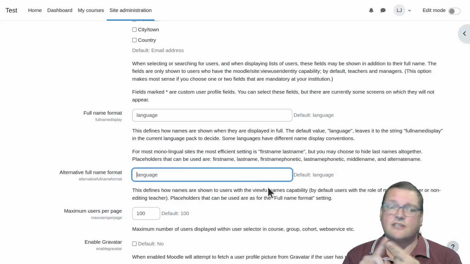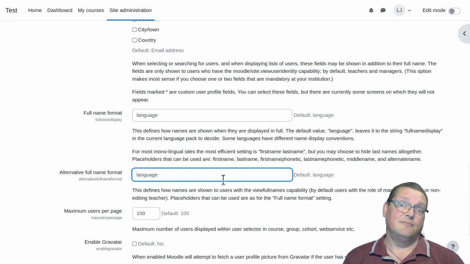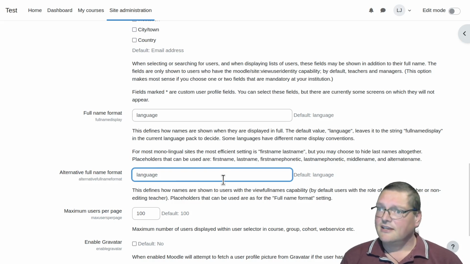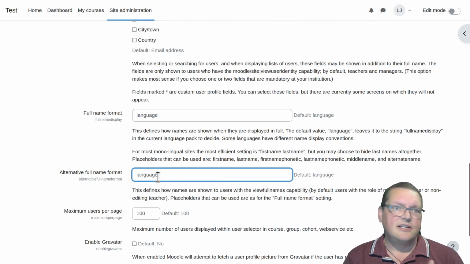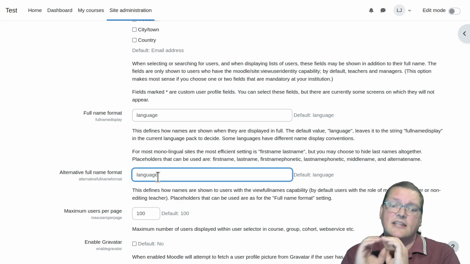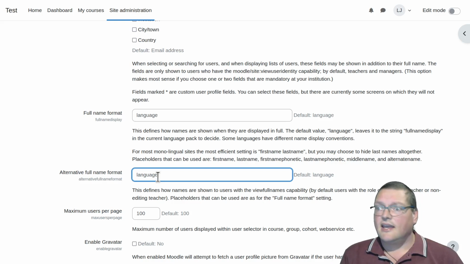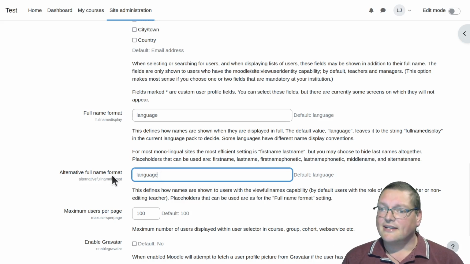So in particular, country and ID number. At the moment, if you put in ID number in here, it won't work. If you put in country, it doesn't work. Trust me, I've tried. You can still see the country in lists and things like that, but the application that I've seen is in the International Virtual Exchange project, where we want to have, say, the first name and then the country that they're from in parentheses. And the only way to actually do that at the moment is to shove the